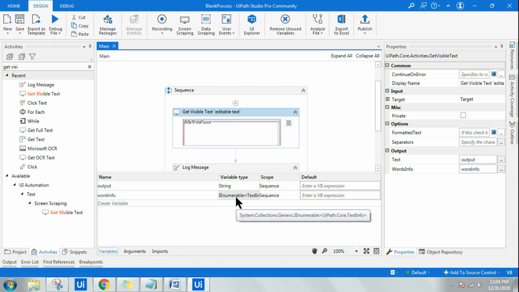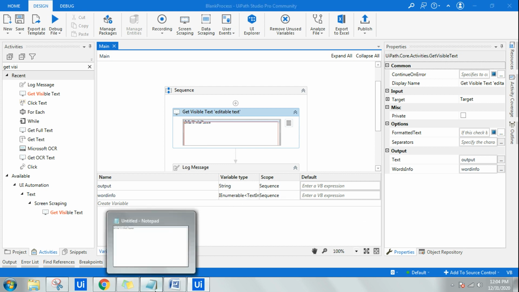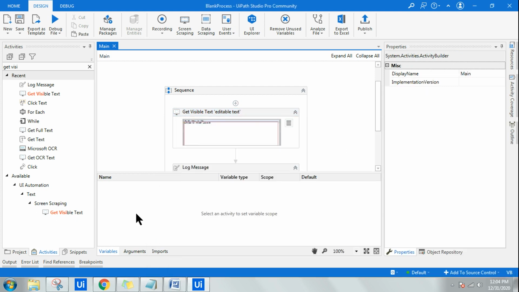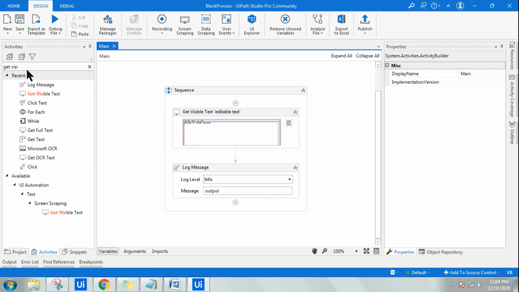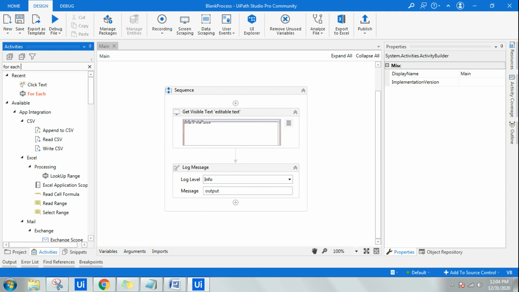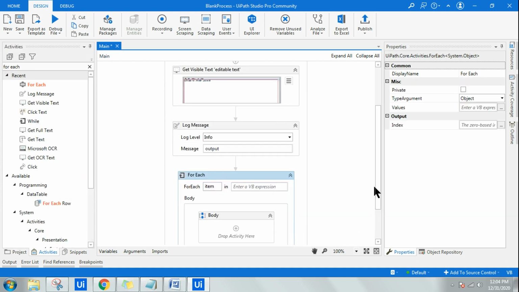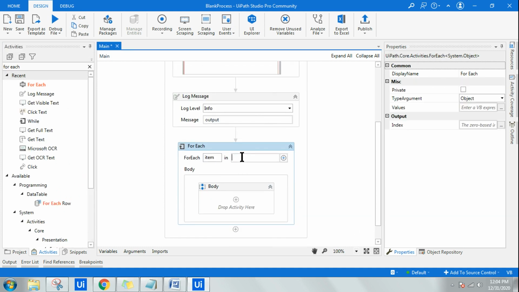So let's understand how I utilize this data. What is IEnumerable? IEnumerable is nothing but kind of an array of data, right? It's kind of an array, kind of a stack, so it will have all the data. So I want to extract the data. What you will generally do for any IEnumerable type of data is use a For Each loop. Simple. For Each loop, and here I am going to mention